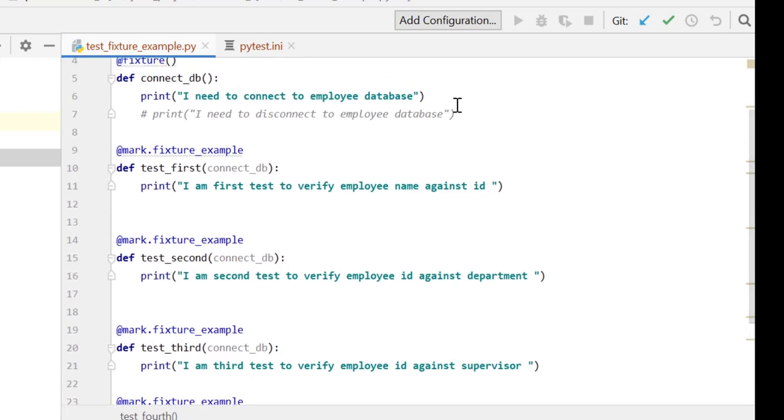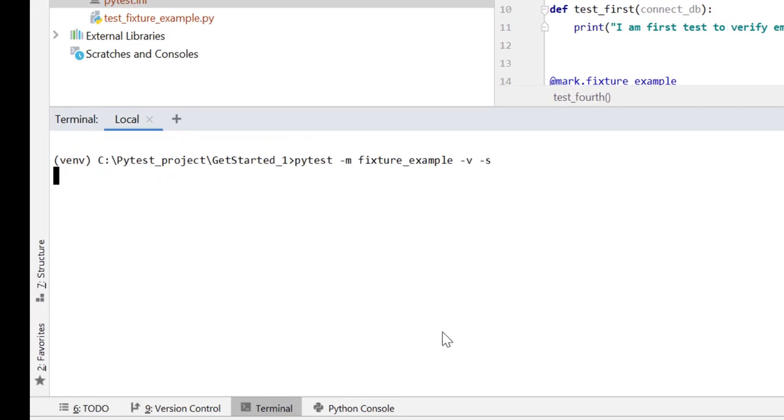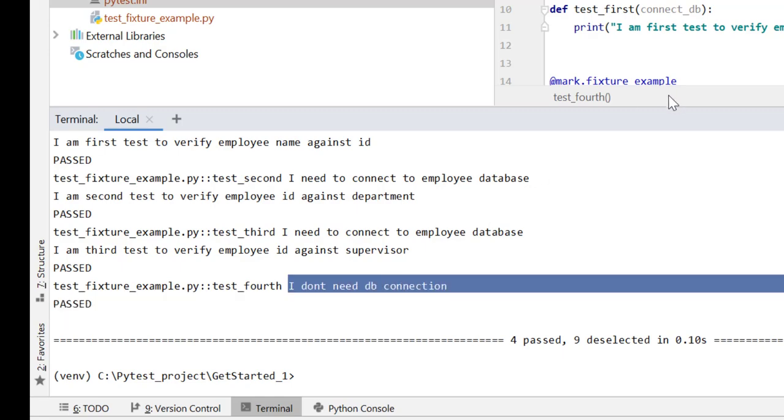For now, what this connect DB will do is connect to the DB before the test case runs. These are the default conditions. So let's run this test case again. You see, before every test case, it connects to the database. For now, it is not disconnecting because we have not disconnected it yet. So this code is getting executed when we are passing this resource to that particular test case which needs it. And this is clearly not executed when we are not passing this resource, right?